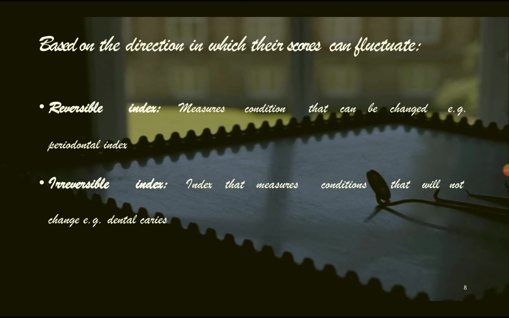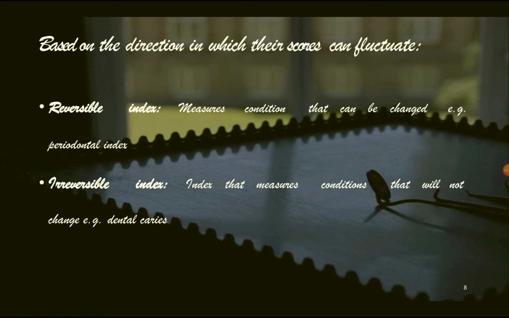The patient has very poor oral hygiene. In that condition, we record the OHI-S index, do the prophylaxis, and ask the patient to follow instructions. After 1 month or 2 months, if you record the index scores again, the gingival tissue is normal, because whatever scaling is done, the scores will reduce and the tissue will become normal. That is called a reversible index.